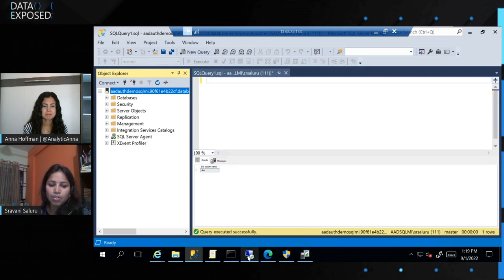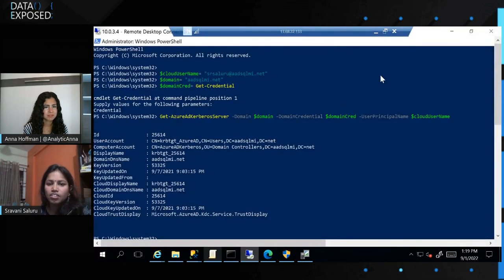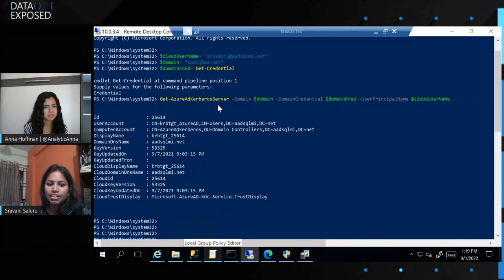I also have my DC where I can show you the Kerberos trust where it is established. This is my domain. This is the PowerShell module that you have to use. Here I'm trying to get the Kerberos server details for this AAD SQL MI.NET domain for a specific principal name.